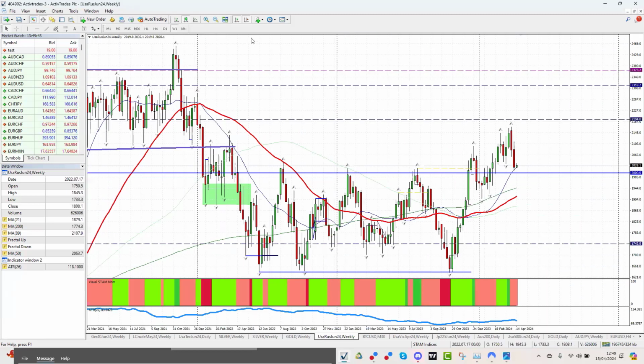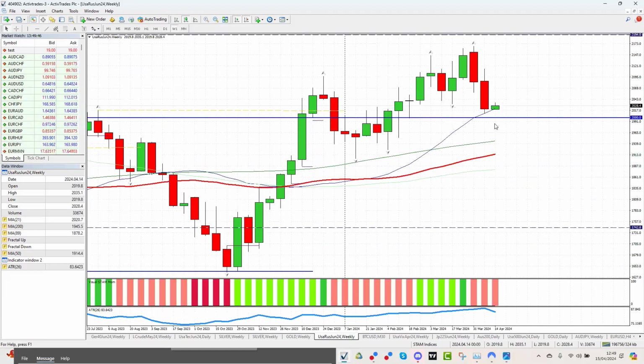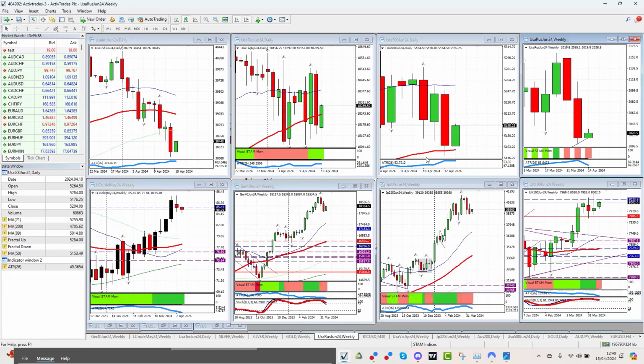And the Russell's heading back to 2000 again. What a shocker! 2000's been a real pivot for the last few years, and having rallied our way up and placed our bearish key reversal, it wouldn't surprise me if we drift back to 2000. A big round number is the magnet for the Russell.